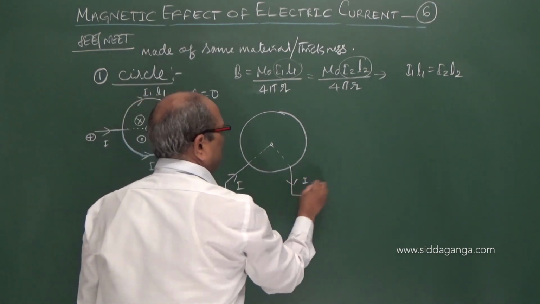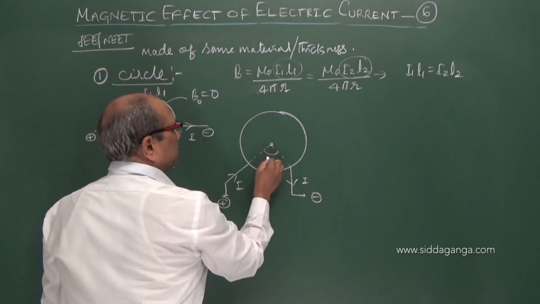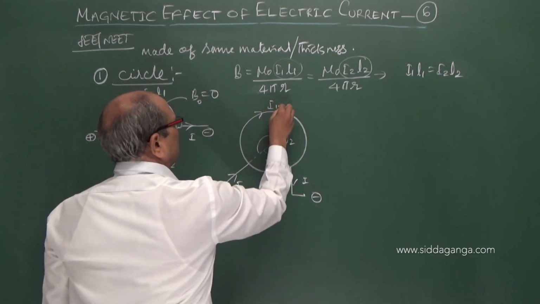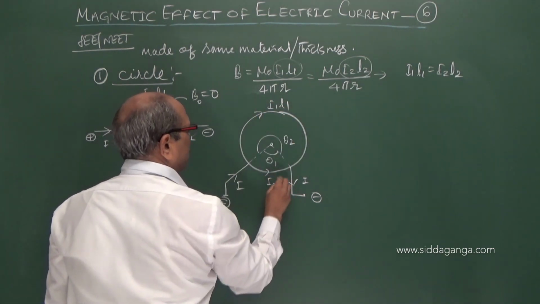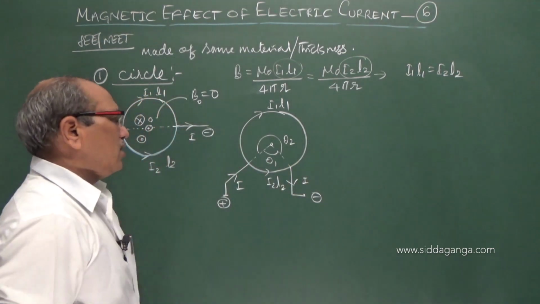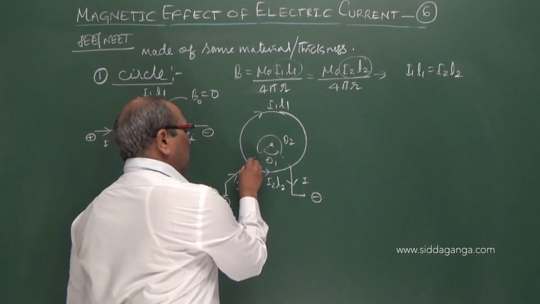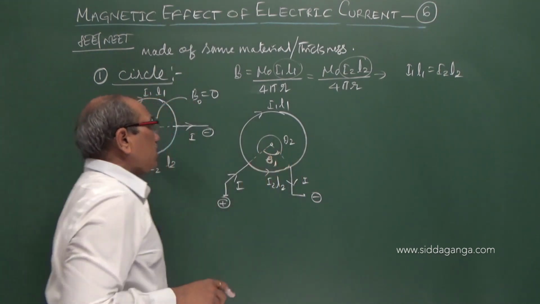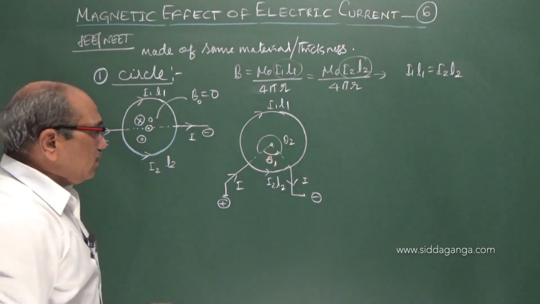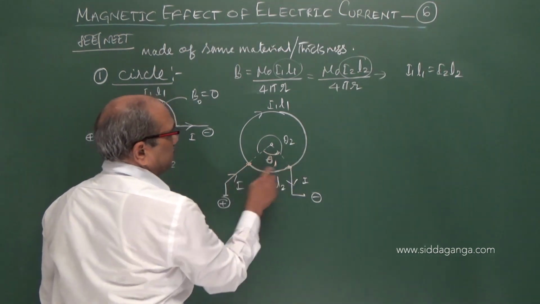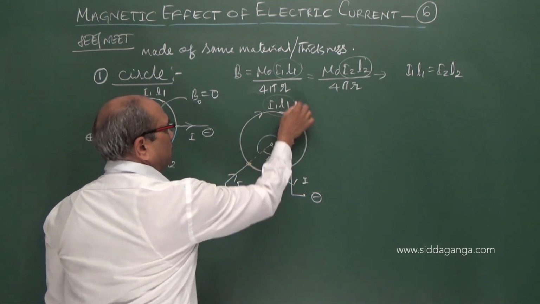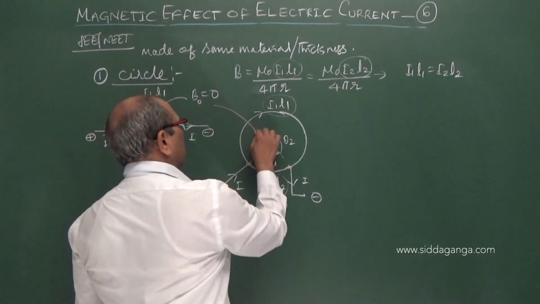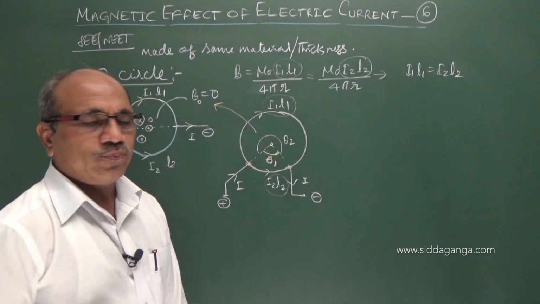Current, so this may be theta 1 and this may be theta 2. Current I1 L1, current I2 L2, same irrespective of the length. Here maybe the length is small where the angle is acute, and here we have taken 180. Even in this case, between these two points the current splits. Irrespective of the length, this product remains the same and the field at the center becomes 0.